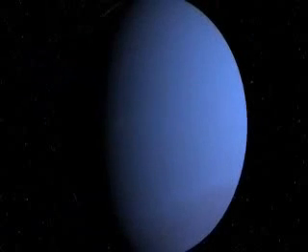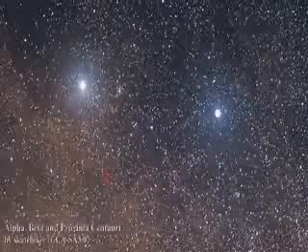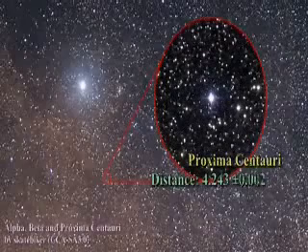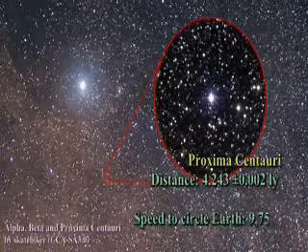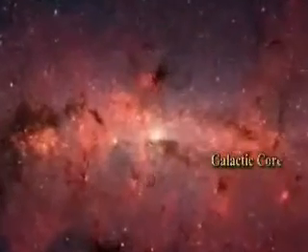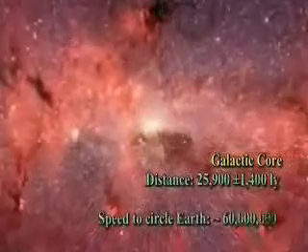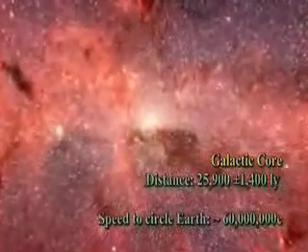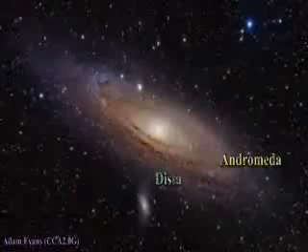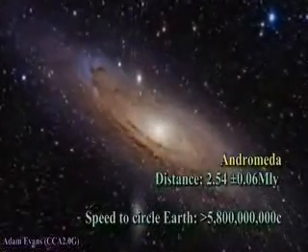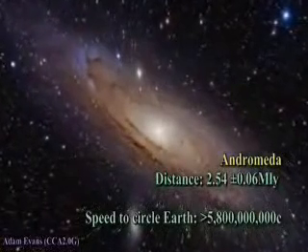Neptune then must be circling the Earth faster than our nearest star, Proxima Centauri, that's just 4.24 light-years distant, would have to be circling the Earth at 9,750 times the speed of light. The center of the galaxy, around 26,000 light-years away, would have to be circling the Earth at around 60 million times the speed of light. The Andromeda Galaxy, 5.8 billion times the speed of light. How do intellectually lazy geocentrists